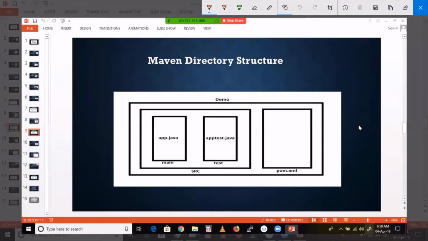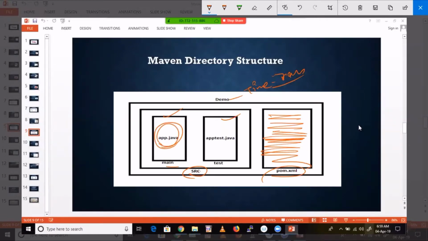It's kind of the same thing. Demo is a kind of time tracker. It's a project name, time tracker project. Here you can find inside, SRC and pom.xml. Pom.xml is a configuration file where the developer is going to put all these configuration details. Inside SRC, again they create two folders called main and test. You open any Java repository, you'll find this kind of structure. Inside main, they are going to dump all this Java code. Inside test, developers are going to write test cases with respect to their particular code. Those test cases they are going to dump here.